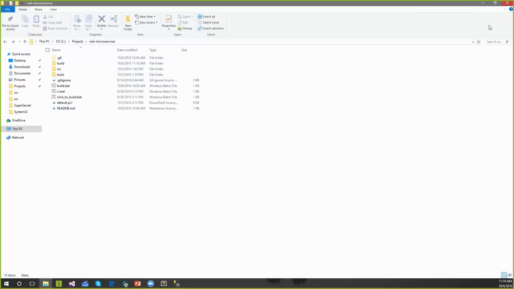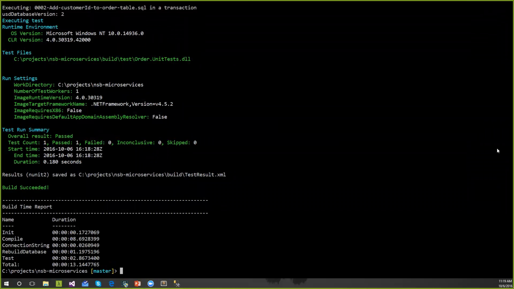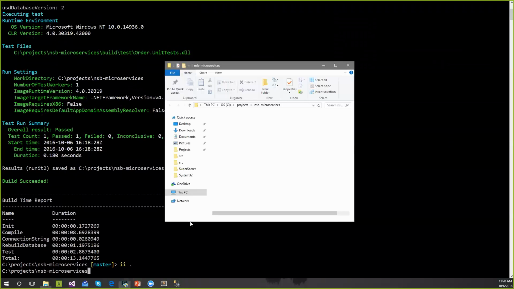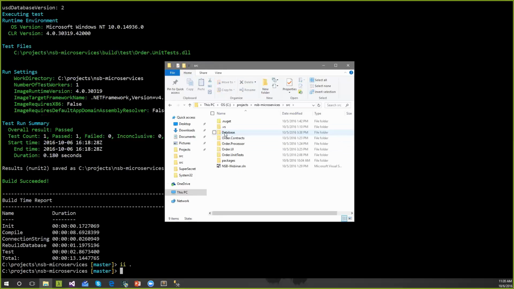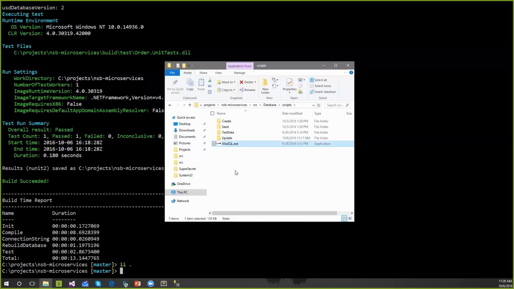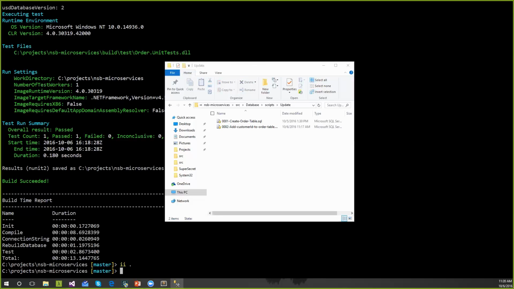Other alternatives that work very similarly are Roundhouse, which is another popular one, and Fluent Migrator. So the principle is there is a directory in source control that has a number of SQL files, and in this case, it's in database scripts and update. And it's just a number. Now, by convention, all these tools use alphabetical listing, and that's why you put the number in front of the SQL file name. And so in alphabetical order, the tool runs through each SQL script, executes it against your local database,